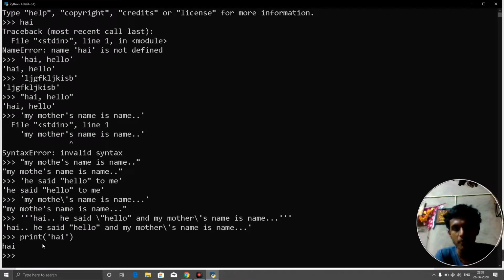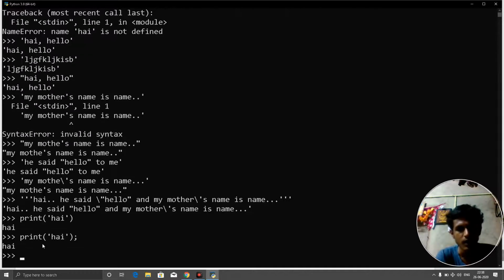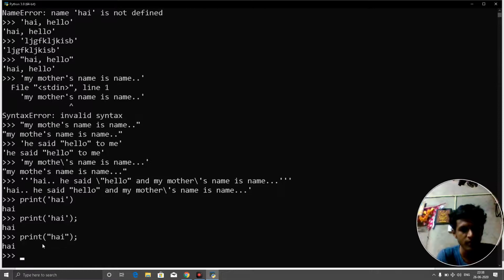You can write print and parenthesis, and inside that you can write some sentences like hi, or you can just close this sentence with the semicolon and press enter. Both will give you the proper answer. And here instead of single quotes, you can even use double quotes, I think. Let's try with that. You can use even double quotes while writing print statements.